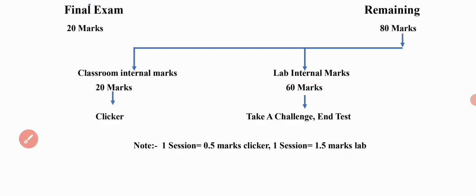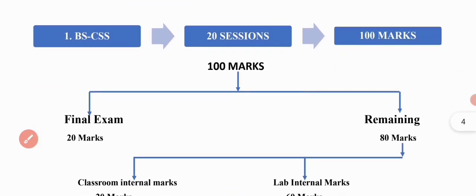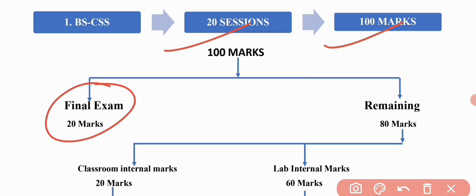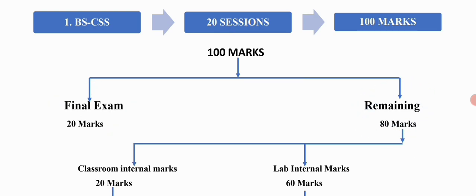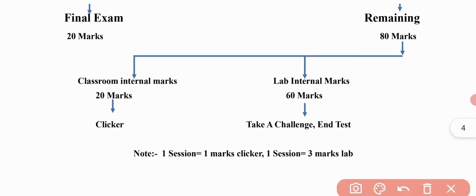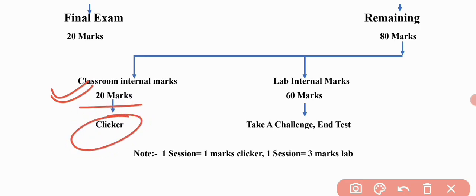Now, friends, the next one is BSCSS. It basically comprises 20 sessions and 100 marks. Now, here also the 100 marks is further divided into two categories. The first one is a final exam of 20 marks, and the remaining 80 marks is further classified into two subcategories. The first one is classroom internal marks, which comprises 20 marks, which we get by doing clicker in